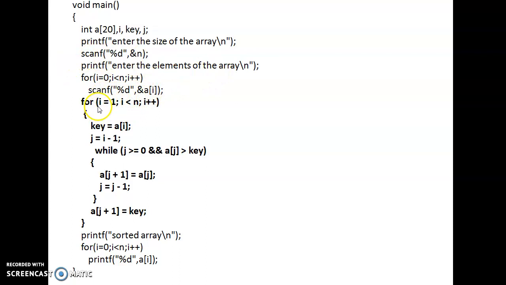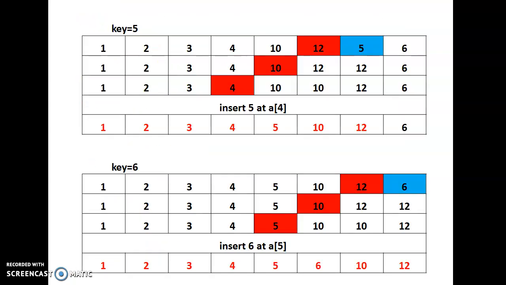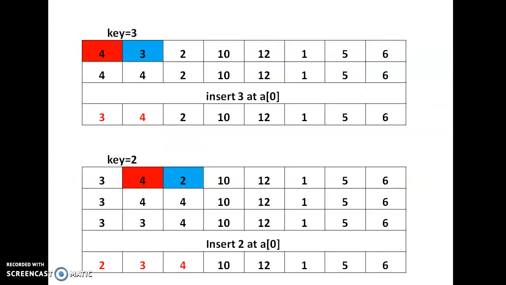And if we see, the I value is starting at 1. Why are we starting at 1? If you see the previous example, we started I value at 3. Next I value is 2, next I value is 10, next I value is 12. That means when we are considering A of I equal to 4 we have started, and in the next iteration A of I equal to 2 we have taken. That means I value is started at 1, not at 0.